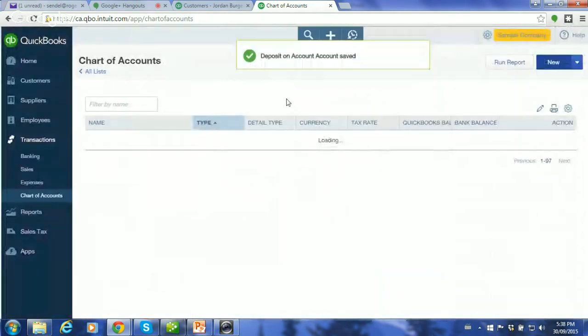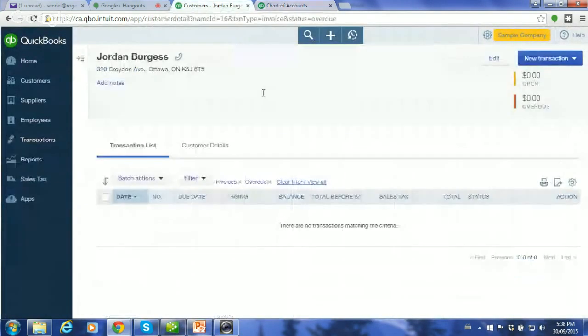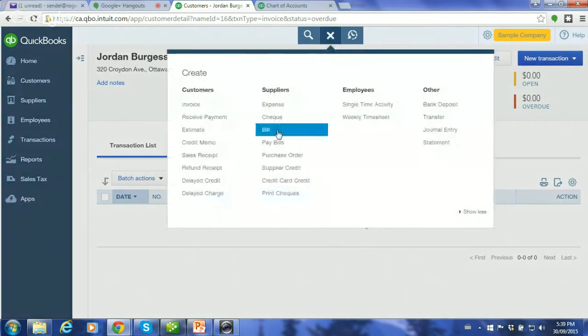And as you can see, I'm jumping between toggles. I'm still working in the same company. I'm just toggling back and forth up here to save myself time on navigation. So we now have the place where we're going to set up our item. Now we don't want to use, we're going to have to make up an expense or a check.